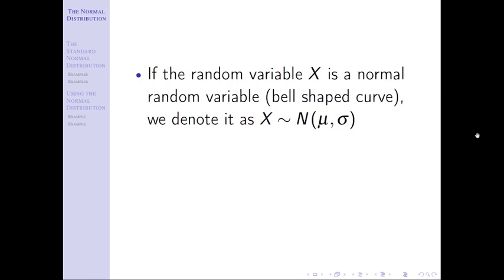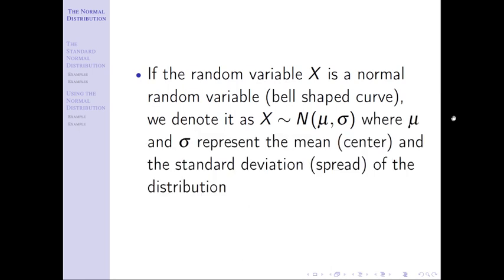We use the same notation we had before. That reads x distributed as normal. There's two parameters. Remember, the parameters for the binomial were n and p. Any time you said, this is binomial, you should always stop and say, well, what is n, what is p? And the same thing's going to apply here with a normal curve. Anytime you identify something as normal, again, picture, it's going to tell you, you need to identify, what's the mean, what's the standard deviation, right? That's what these two symbols represent. That hasn't changed. And so I just want to notate that here, where mu and sigma represent the mean and standard deviation of the distribution.